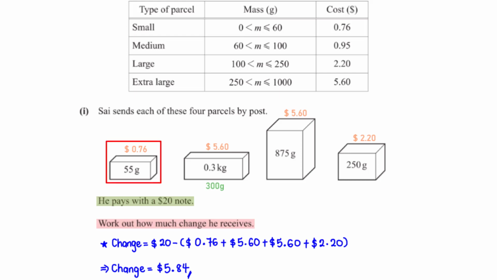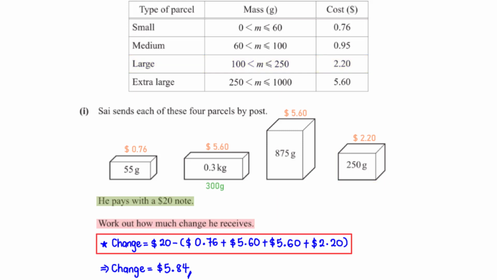The mass of this parcel, which is 55 grams, is in this range, and so the cost of sending this parcel is $0.76. The mass of this parcel, which is 300 grams, is in this range, and so the cost of sending this parcel is $5.60. The mass of this parcel, which is 875 grams, is in this range, and so the cost of sending this parcel is $5.60. The mass of this parcel, which is 250 grams, is in this range, and so the cost of sending this parcel is